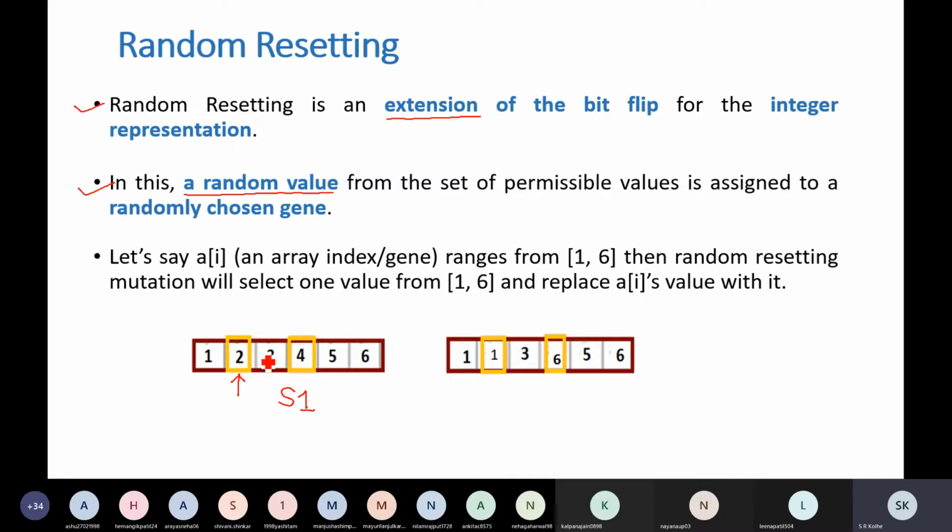Okay, so what we are going to do is change this to a value from the set of permissible values. For example, the set of permissible values, in this example, is...